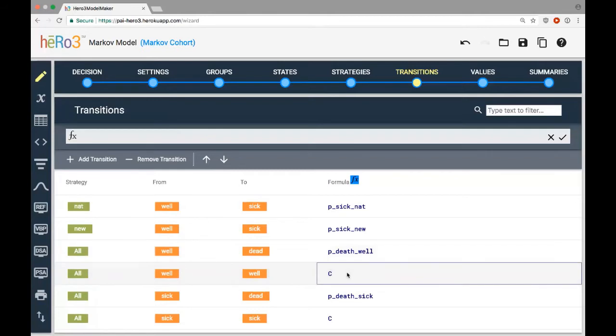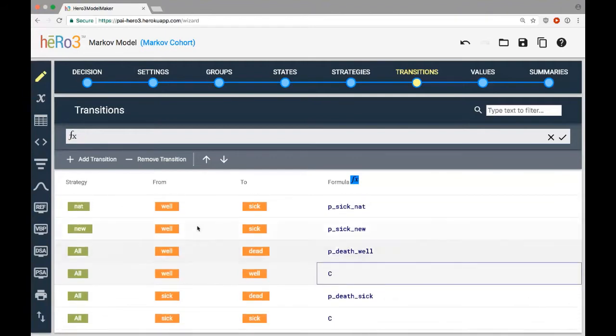Now, this probability is defined just as a single capital C, and that's a keyword. What I mean by keyword is that this is a special variable that the modeling package will recognize. And what the capital C stands for is the complement. And so this will automatically calculate 1 minus these other transition probabilities from the well state.